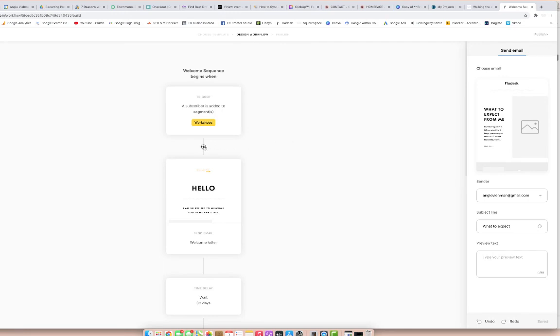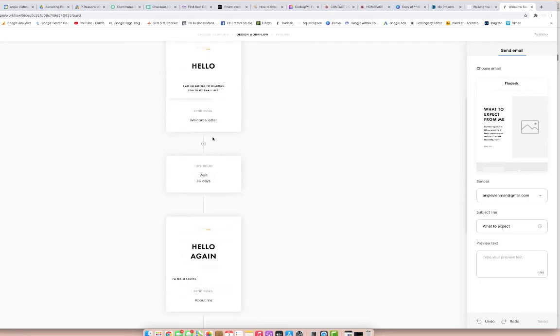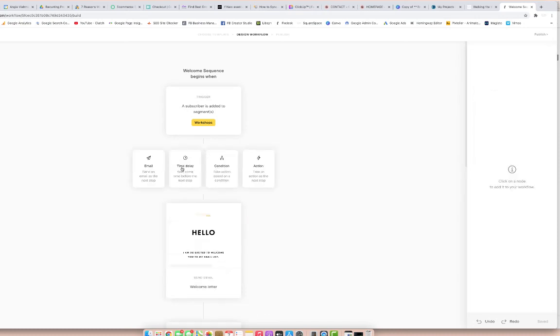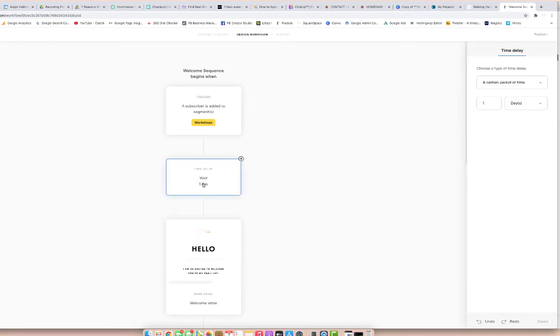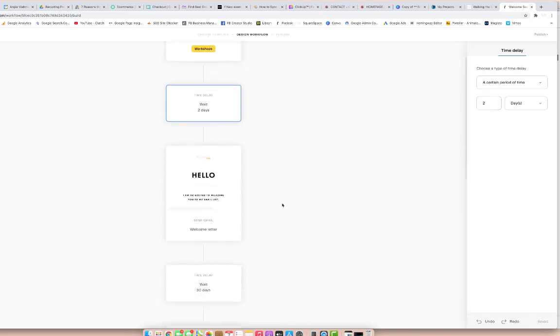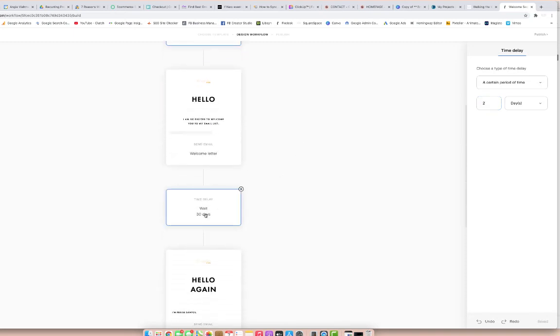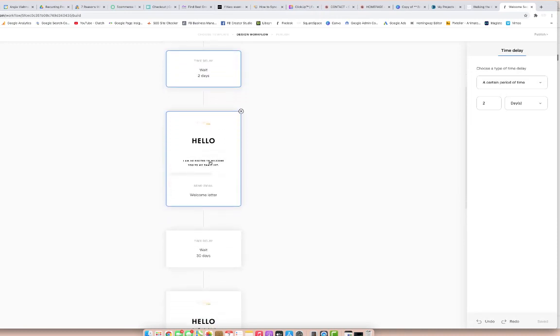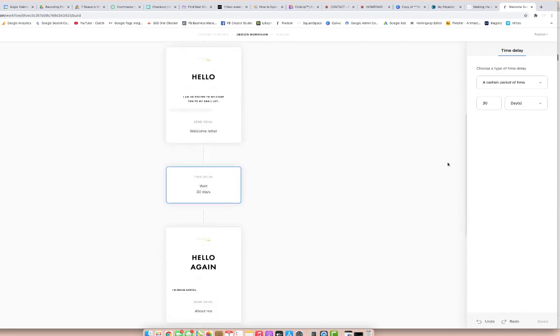And then the other cool thing here is you can change these delays. So if you want this welcome email, so if you're giving away a freebie and you don't want to overwhelm them with emails right off the bat, you could have this sent out 2 days after they sign up. So you would just choose time delay and then over here, put 2 days. And then here, they've got this sending 30 days after this last email. So it's not 30 days from when they signed up, it's 30 days from the last email. If you don't want to wait that long, you can click on that and choose 7 days. And maybe you want to do that on this